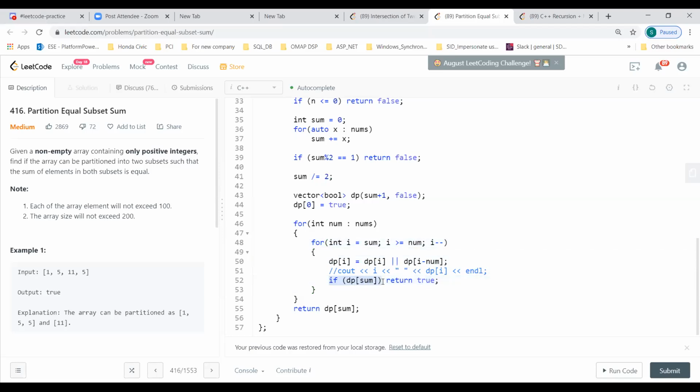Yeah, maybe, but I think DP of sum will be true in both cases. Okay, that optimization can be done anywhere. So in this case, what you say makes sense. We can do it either way. Yes, go ahead. In this case, you will never get I minus num negative.